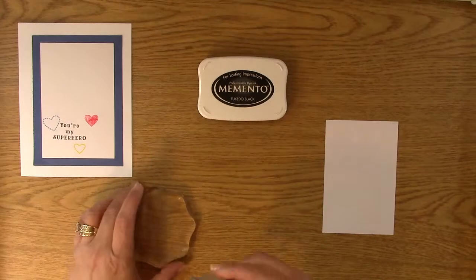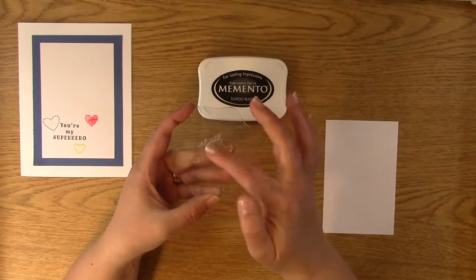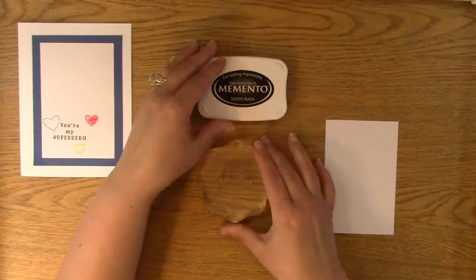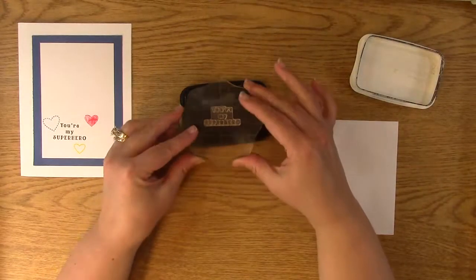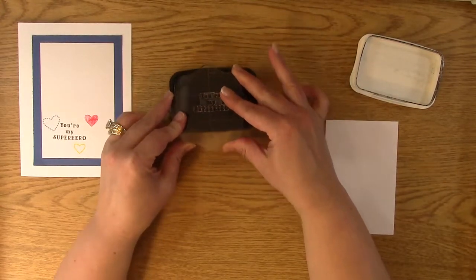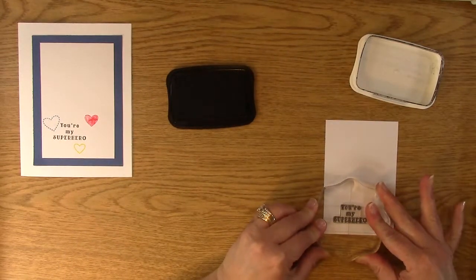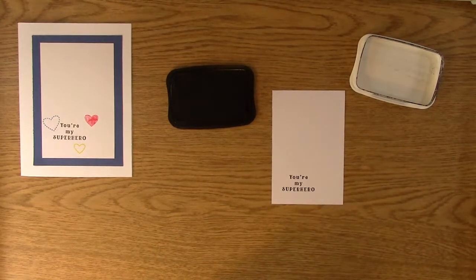Put the rest aside. And if you're familiar with photopolymer stamps, they stick on your acrylic block and you can shake them and they don't come off, so that's pretty cool. Okay, so that's what we have right there. I'm going to simply ink this like so. I'm not going to center it. I'm going to make it a little bit off center on my paper, like so. Looks good to me. Going to wipe it off, place it back on my sheet like so,